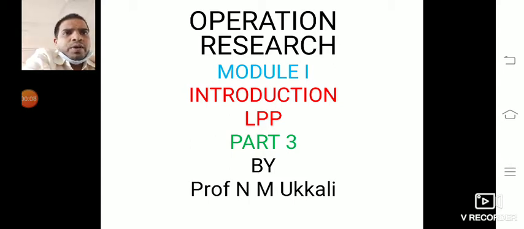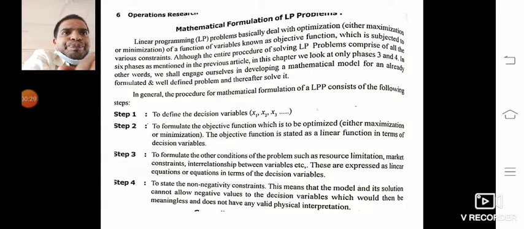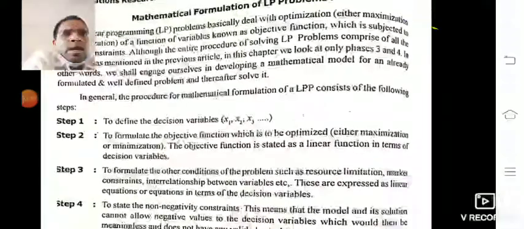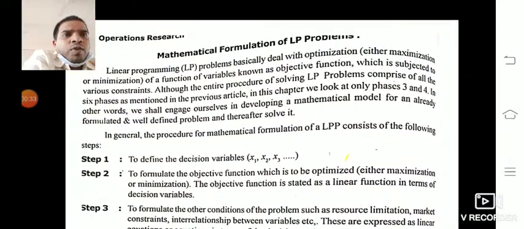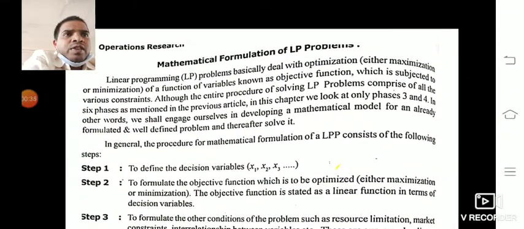In the introduction part, it was mentioned how to formulate the LPP and how we are going to solve the LPP problem by using the graphical method. In this video, we are going to discuss how to formulate the LPP problem. As you know, LPP is one of the OR techniques that deals with the optimization